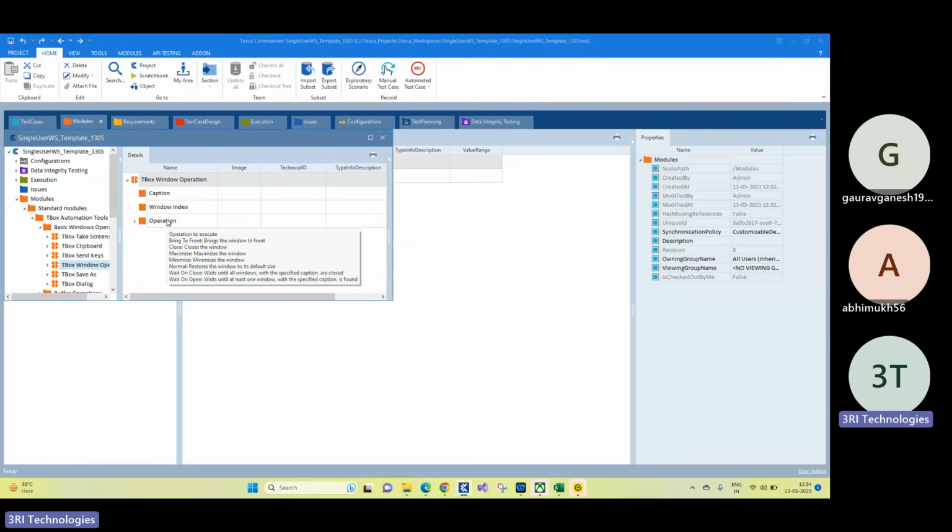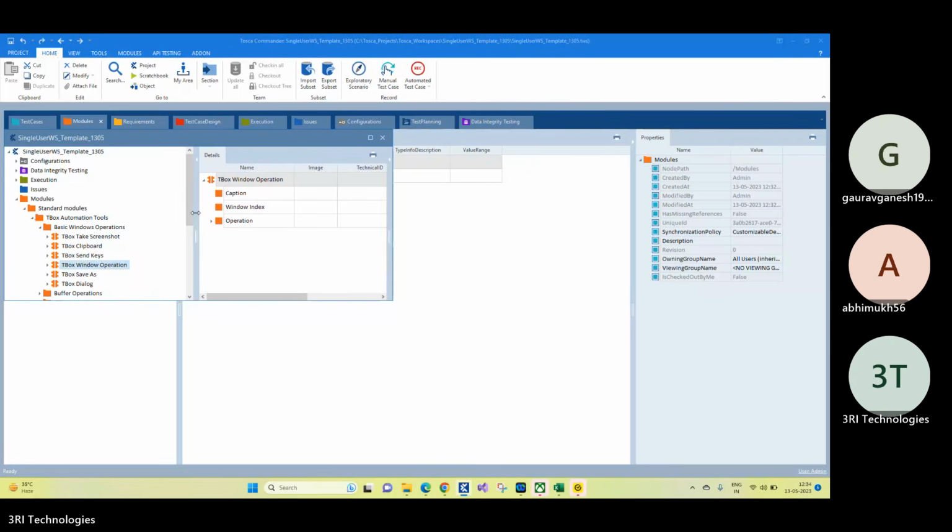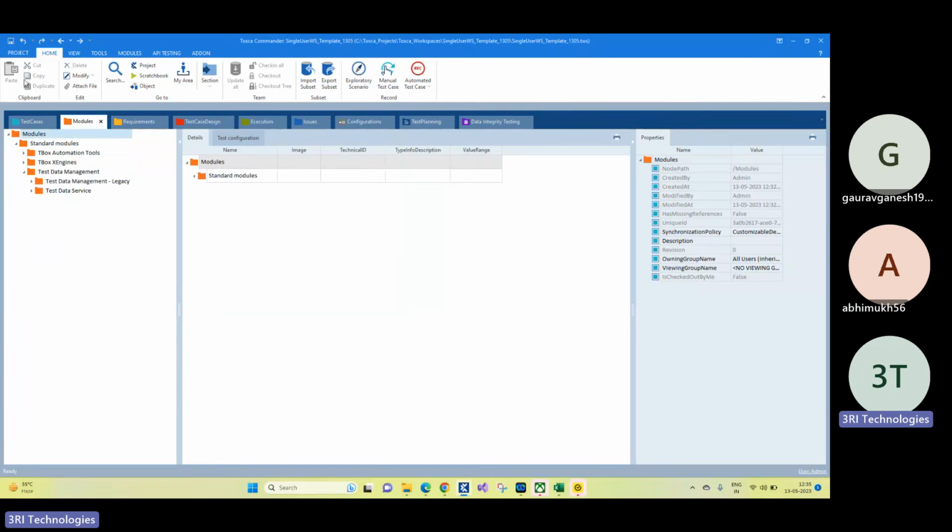If you remember, in our first empty workspace, we never had these options. Then we'll have to import these options. That import export option also we will see. At least the basic difference you understood. When we selected the checkbox, we got all these options. This is not your empty workspace. We will see how the standard module is useful when we start exploring more options. But if we don't select the template in the beginning, we won't be getting all this, right? Then how do we drag and drop and use? Okay, let's do that also.